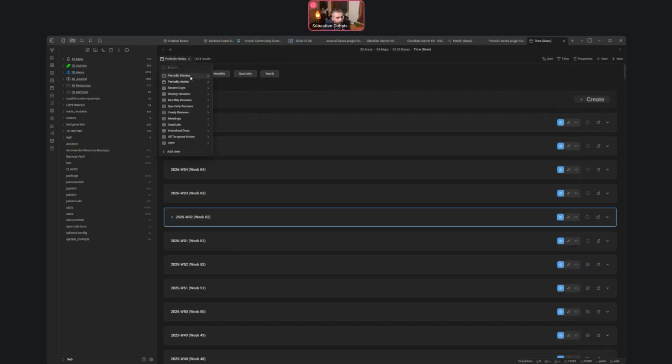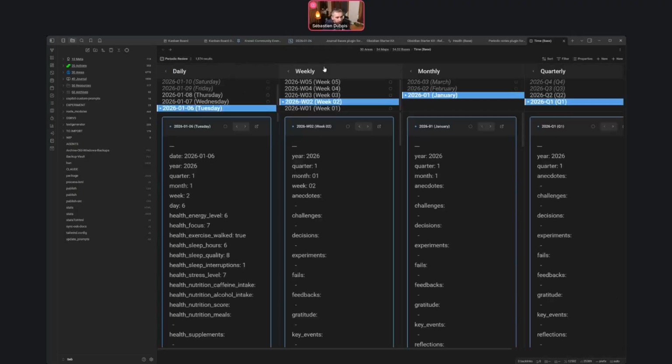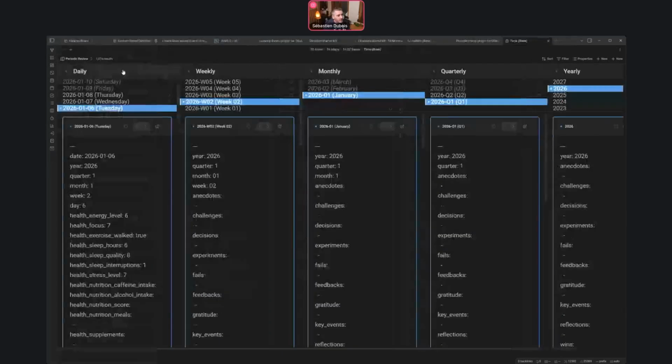Now, the next thing that this plugin includes, and I think that this is the most, at least for me, the most valuable, is the periodic review view. So again, custom-based view type. And what you have here is inside of a single grid, you have different columns, and those represent different time horizons. And so it starts on the right with the yearly notes, going down to the daily notes step by step. And so in this view, when you open it, by default, what you see selected is the current period,